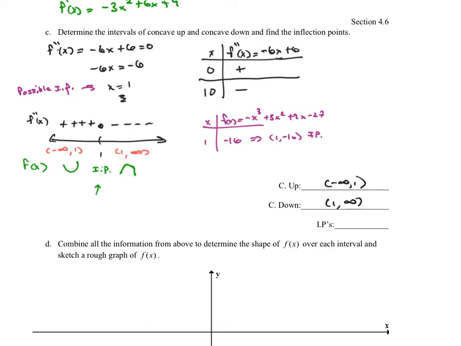Inflection points: an inflection point is the point where it changes concavity. That was at the point (1, -16). Okay, so with all of that, now that I've analyzed the original function, the derivative, and the second derivative of the function,